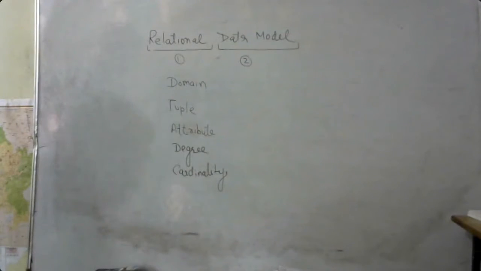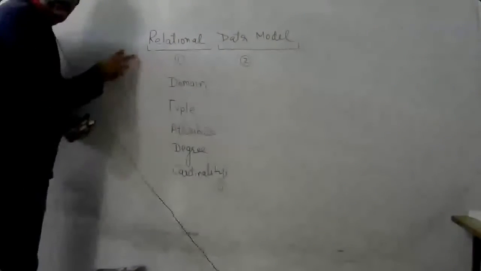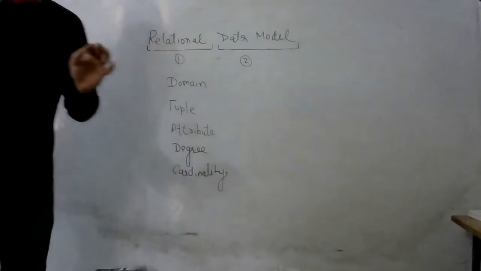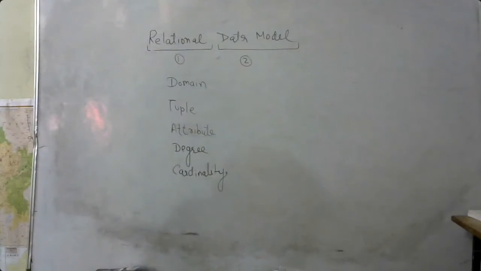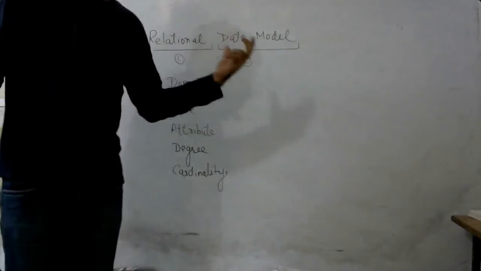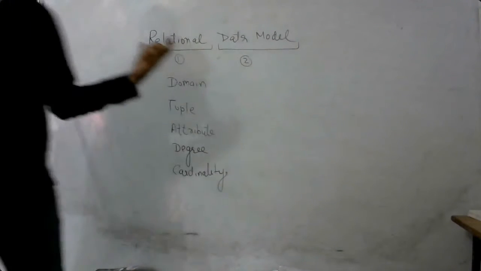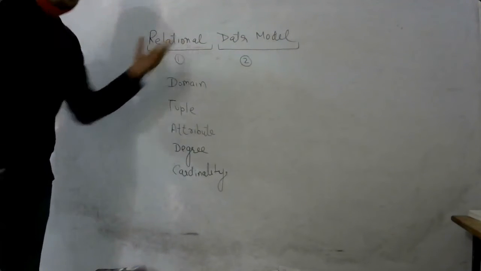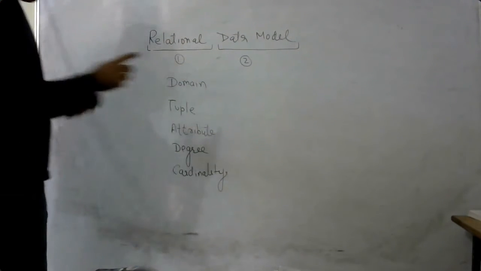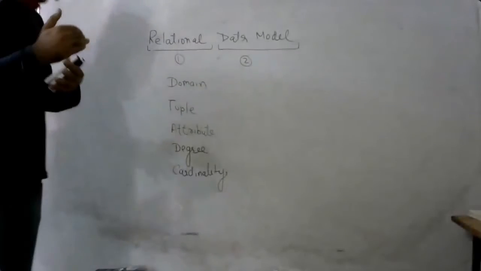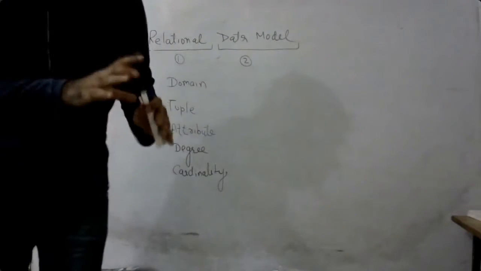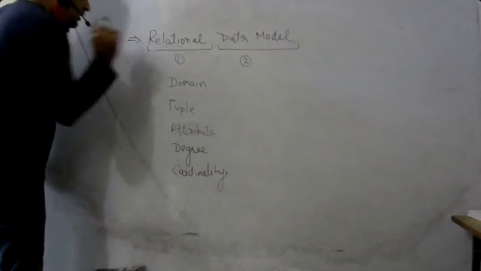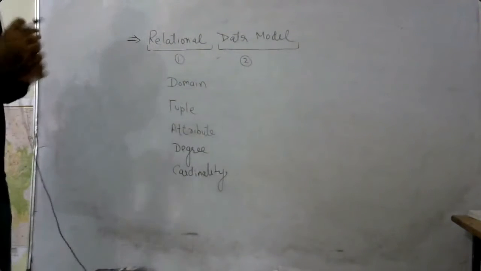Okay, sure. So, see here, the topic which we are going to cover is relational data model. If we talk about relational data model, it consists of two words. The very first term is relational. Here we will see what do we mean by relation. And the second term which we are going to discuss is data model. So the very first point which we are going to cover is relational data model together.